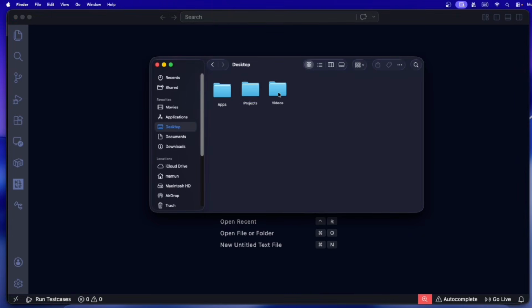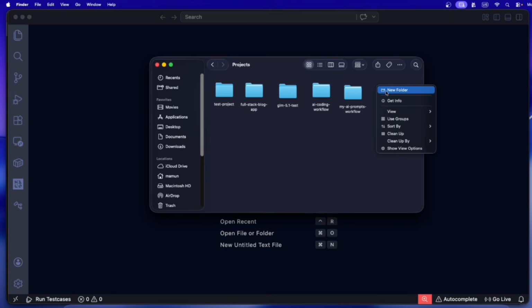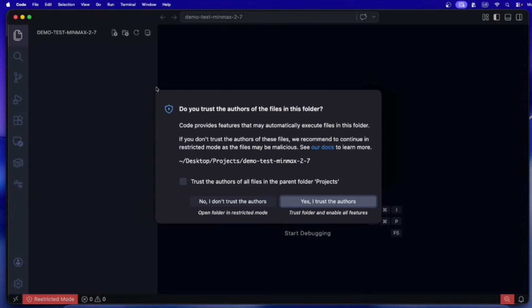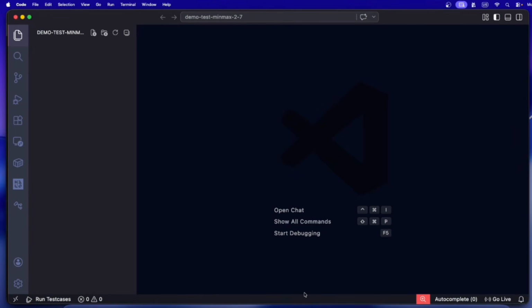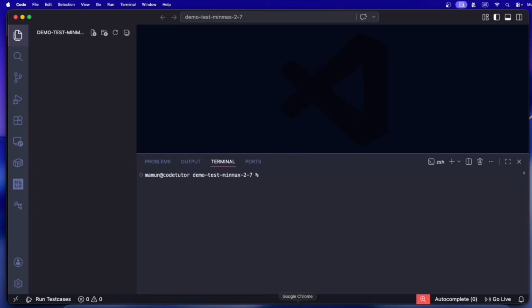After that, I will go to a project directory and then we'll create a new project. So I will go to projects and here I will create a new project. Here I will say demo test MiniMax 2.7, okay, something like this. Then we'll drag it and drop it here. After that, we will simply open the terminal,